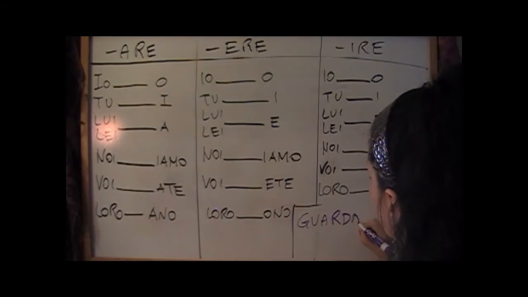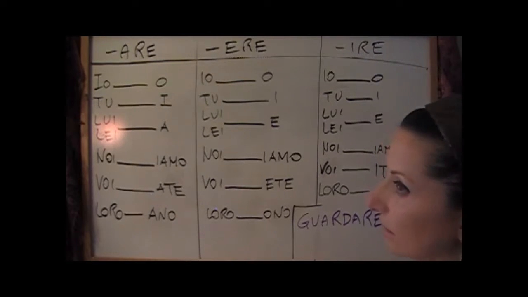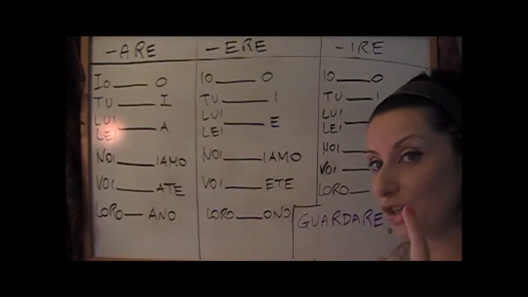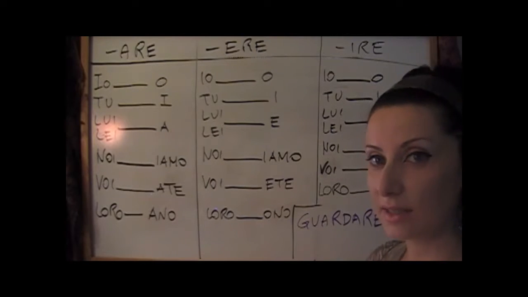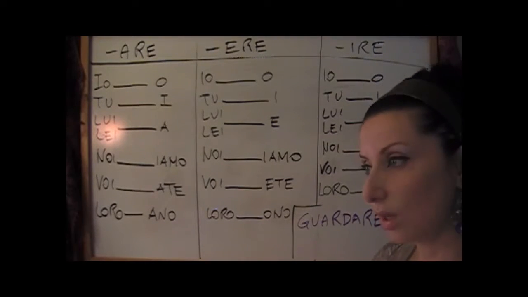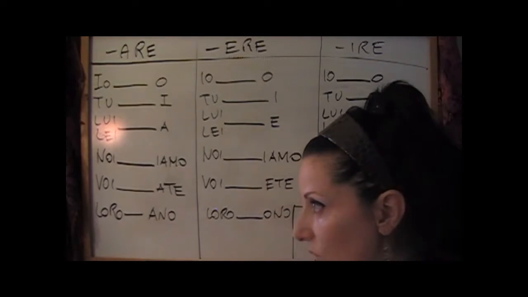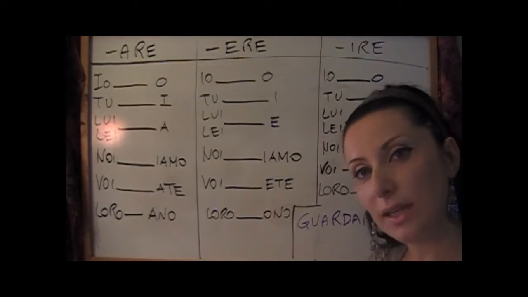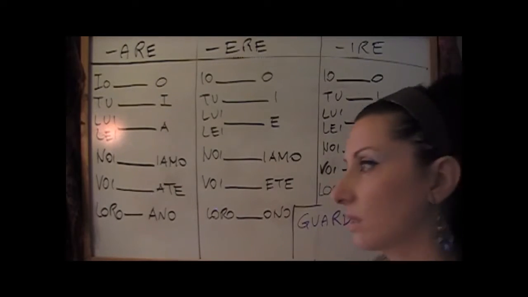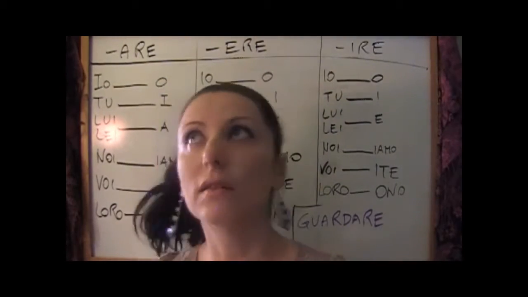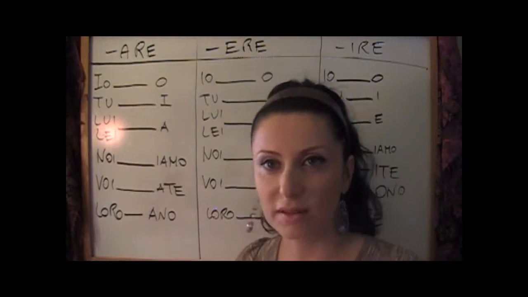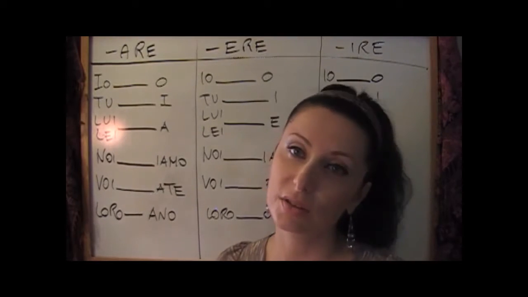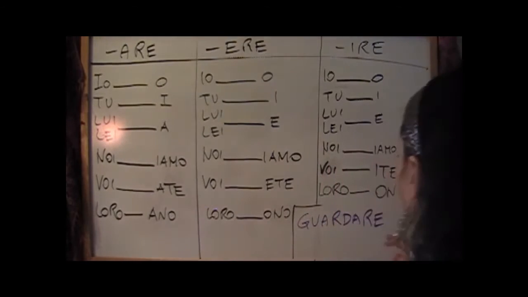guardare, okay? Guardare in Italian means to watch. I show you vedere, that means to see. So maybe you ask, what is the difference between guardare and vedere? It's the same difference that there is in English between to watch and to see. To watch is intentional. You sit down and you watch television. To see instead is unintentional. You're just passing by and see a plane or a car. You don't do it on purpose. You don't have the intention to put yourself there and do the action of watching. So that's basically the difference. Okay, so guardare.